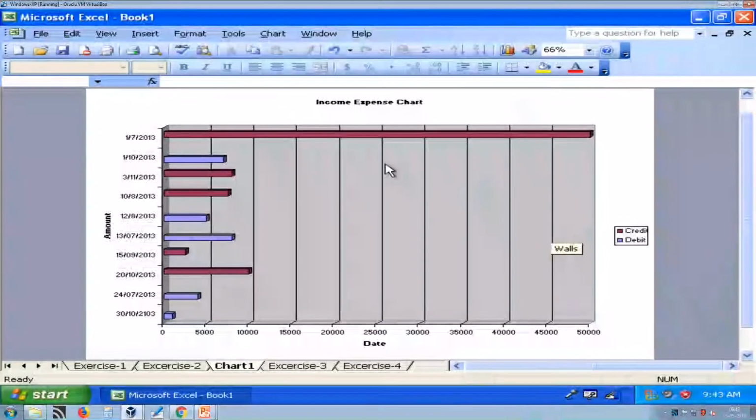You can see on screen here is called chart title, that you can give. This is our x axis, this is our y or z axis, this is the z or y axis title, and this is the x axis title. And Excel automatically uses legend based on our columns, that is credit and debit. So, this is how to quickly create chart. So let us go to next feature.